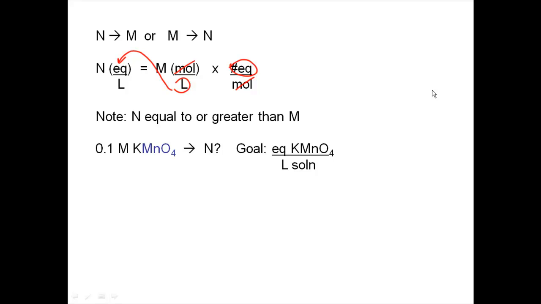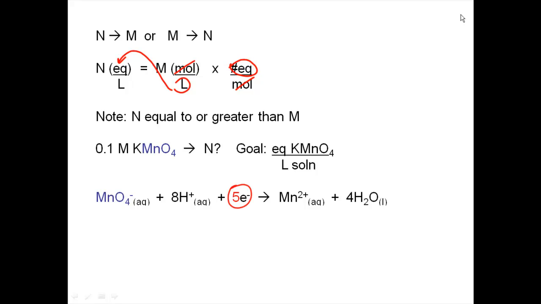So basically our goal is the number of equivalents of potassium permanganate per liter of solution. To do this, we must have a balanced half reaction, which we already did on the previous slide, which looks like the following. You've got permanganate plus 8 H+ plus 5 electrons gives me Mn2+ plus 4 waters. That 5 electrons is telling me the number of electrons being transferred, and I can use that in relation to the species of the permanganate, which tells me there's 5 equivalents per every 1 mole of permanganate,